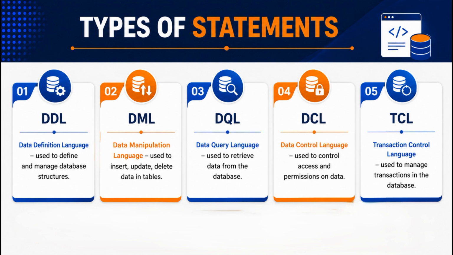Next, the second type is DML, that is data manipulation language. So once the object structures are defined or created using the DDL commands, now we work with the data stored inside it. So with the help of DML, we can insert some new data, or we can modify the existing data or remove data. So in brief, DDL deals with the structure of the objects and DML deals with what data we insert into those structures.